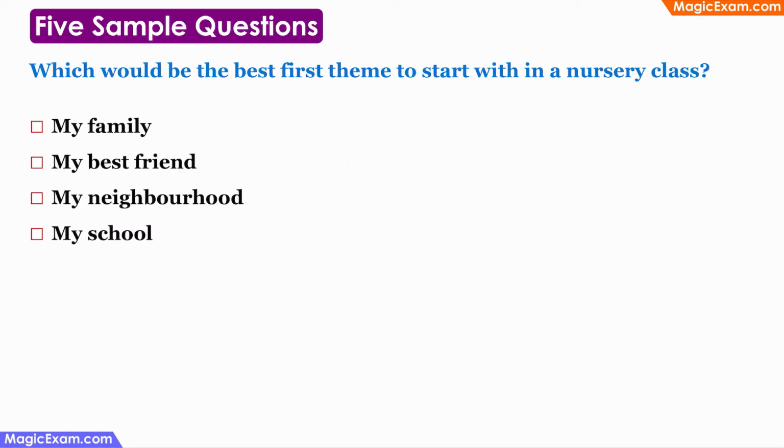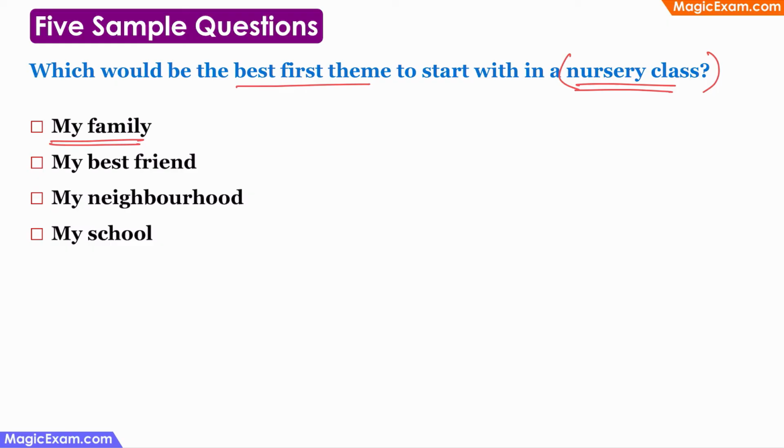Which would be the best first theme to start with in a nursery class? Now, when we are talking about nursery class children, look at the type of socialization that these children would have had. These are very young children who have just gone through the first stage of primary socialization. That is, their socialization has happened with their own parents and their own family. Therefore, the best theme to start with in nursery class would be my family, because their primary socialization